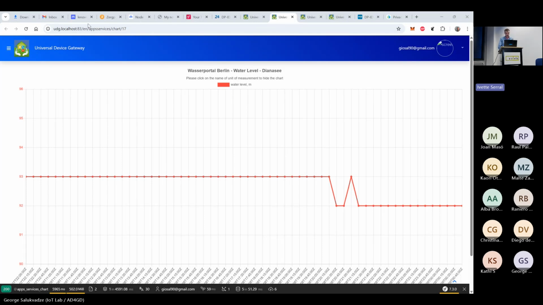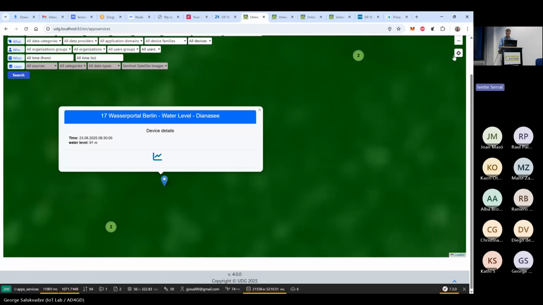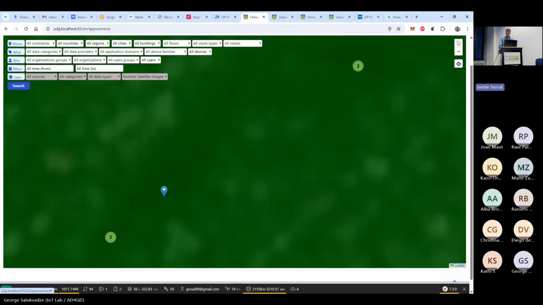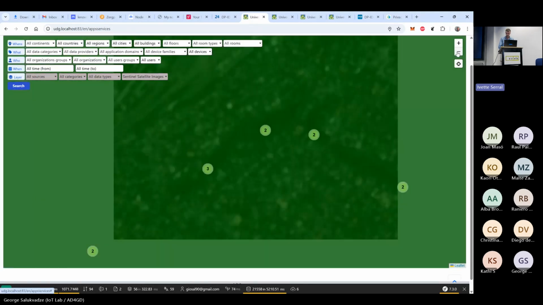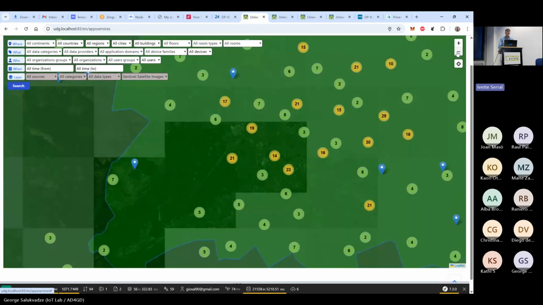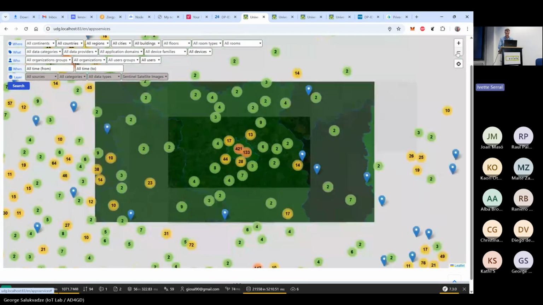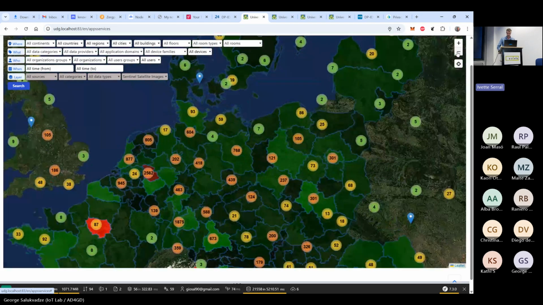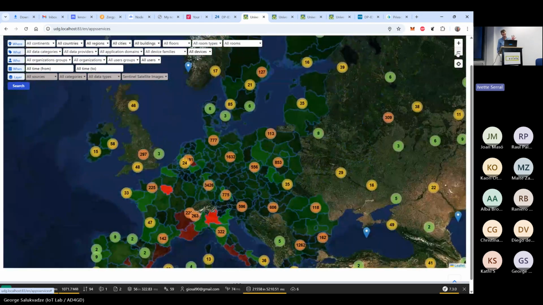Okay, so if we zoom out, because I needed to zoom in, you will see that we have different layers of data, and we have all the sensors that are in Frost API, including air quality sensors, then some of the sensors that we added in our office, like proximity, whatever you want. You can add any type of sensor in there, and it will provide you with the data that the